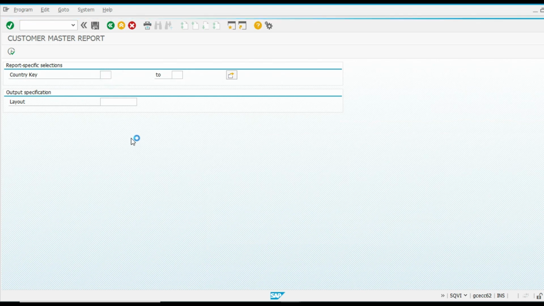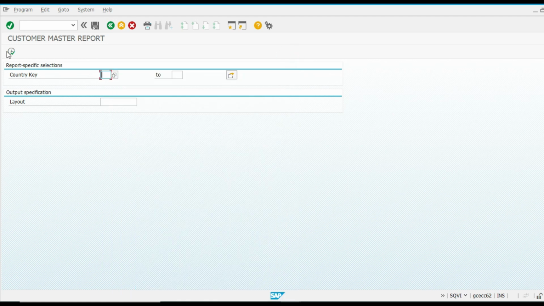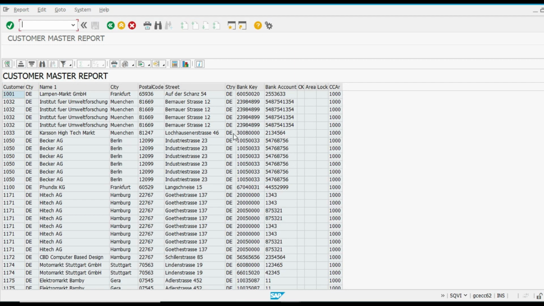Country key. Right now there is this data only, so we are going to use this one. Click record. See, this is the data which comes, customer number.